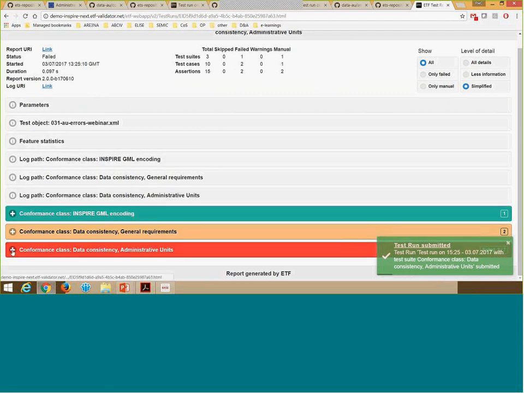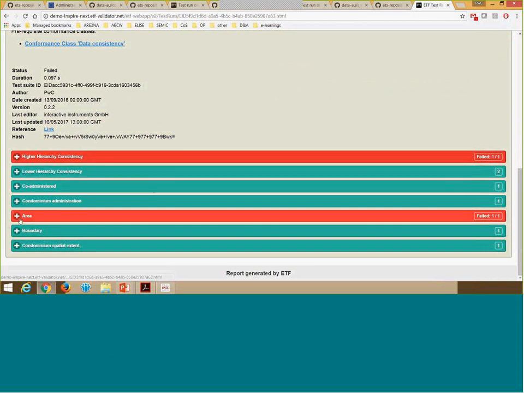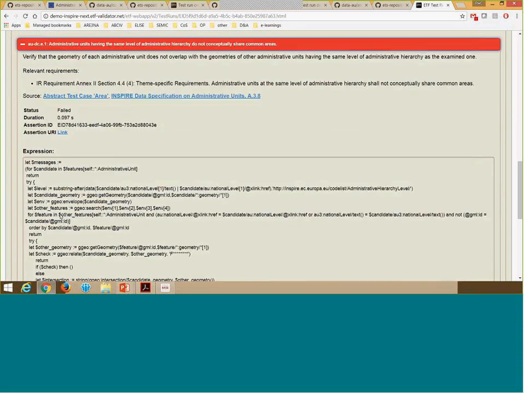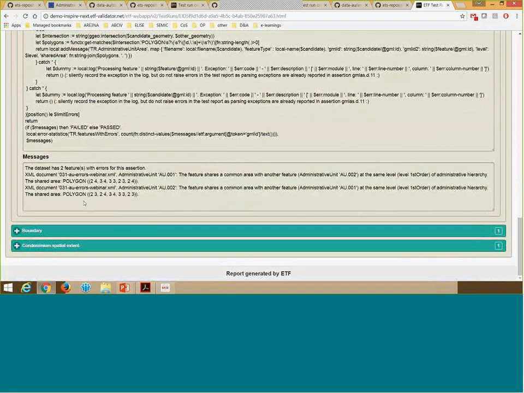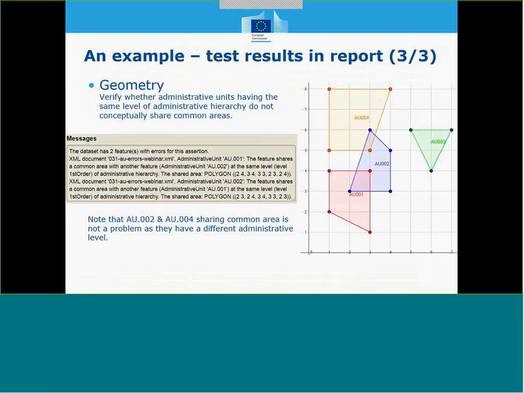In the report again, we can click open the results and see that area 1 has an error. That has 2 messages, but I want to discuss this with you in the PowerPoint. I have copied it there, and I have also provided a small presentation for you.